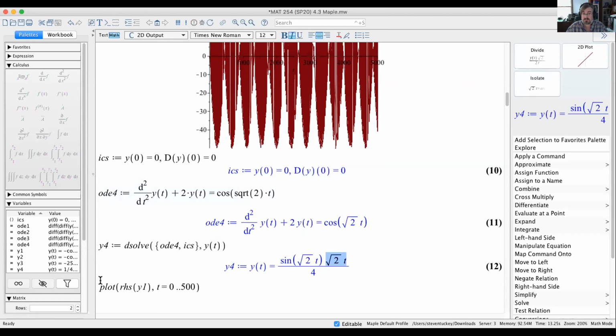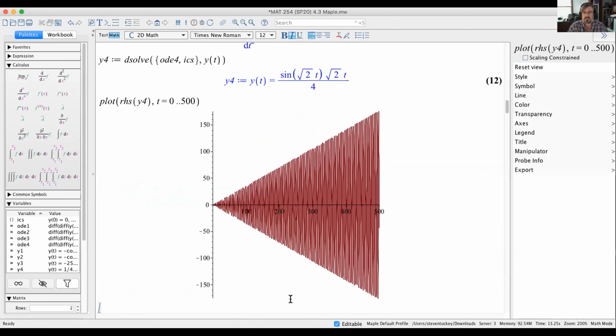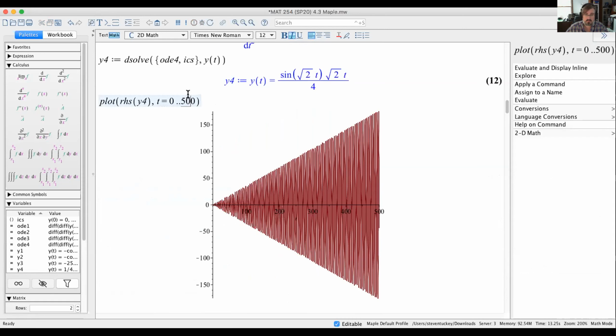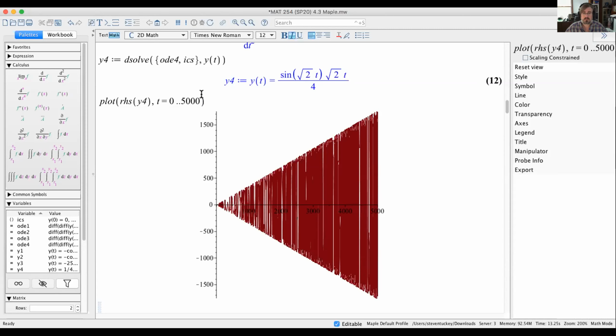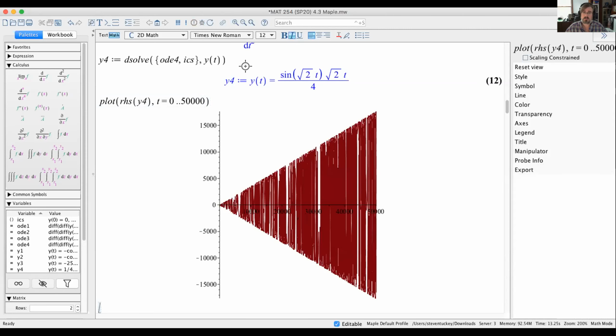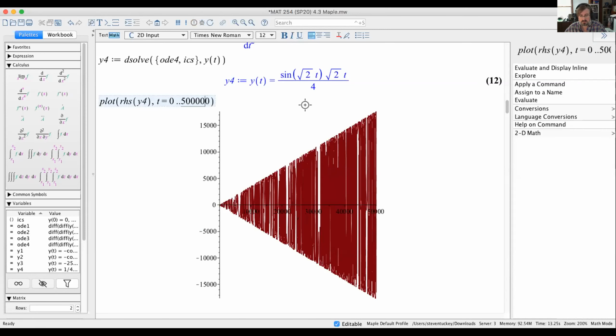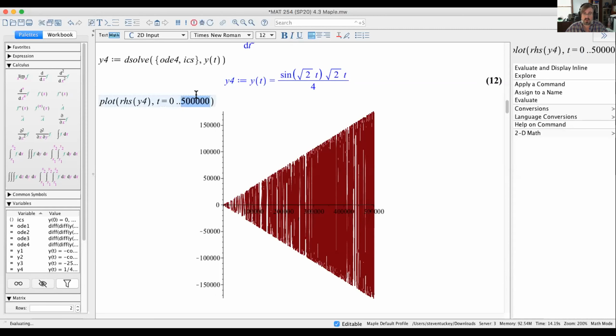So not to surprise you at all, but what we have is something that just keeps growing and growing and growing. As a matter of fact, you can ask Maple